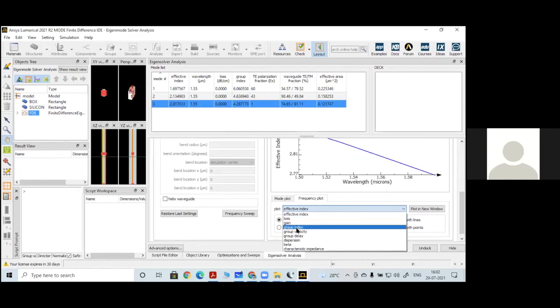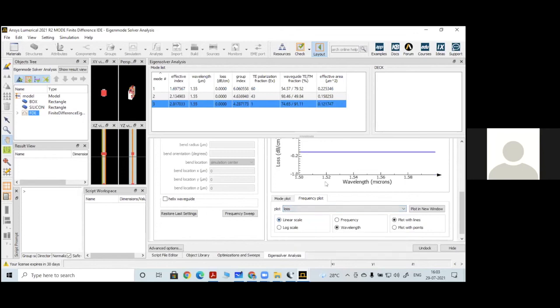Next is gain, group index, group velocity, group delay, dispersion, beta calculation, and the characteristic impedance. All these results we can see in the entire range from 1.5 to 1.6 micrometers. When I click on the loss, it will show the loss as completely 0 because your waveguide is completely transparent from 1.5 to 1.6.